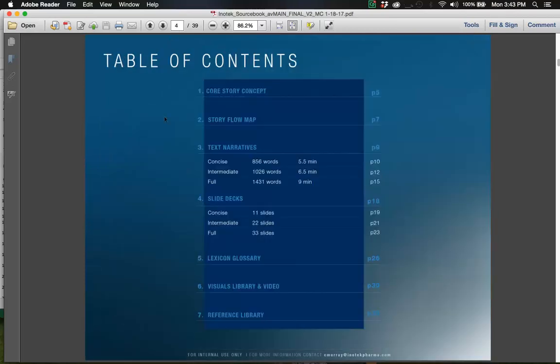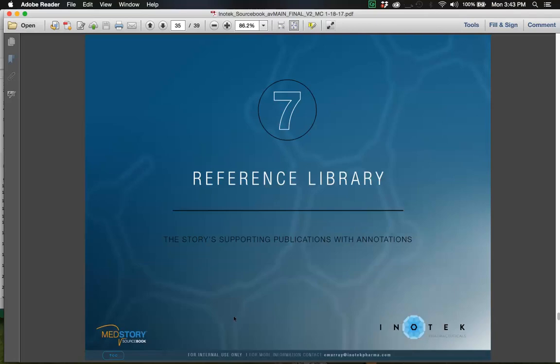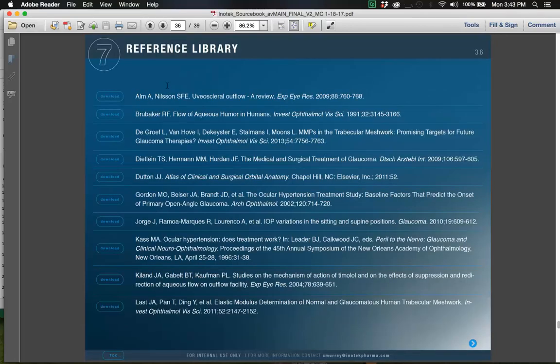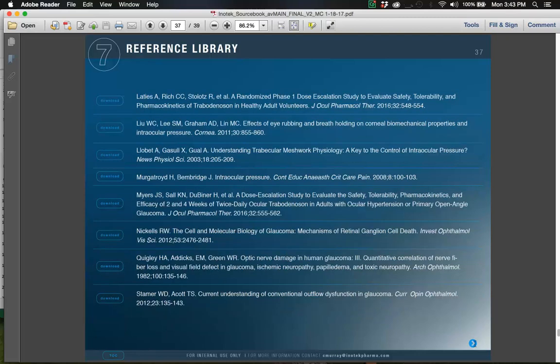Moving on to the next section is the table of contents, and this is where the interactivity begins. You can see when I scroll over the content headings, my mouse lights up. So let me actually go right to the end, click on the reference library, and that brings us to all the important publications that led up to the development of the content. And you can see them, they're all listed here, and if I advance through this arrow button in the back here, it brings you to the entire